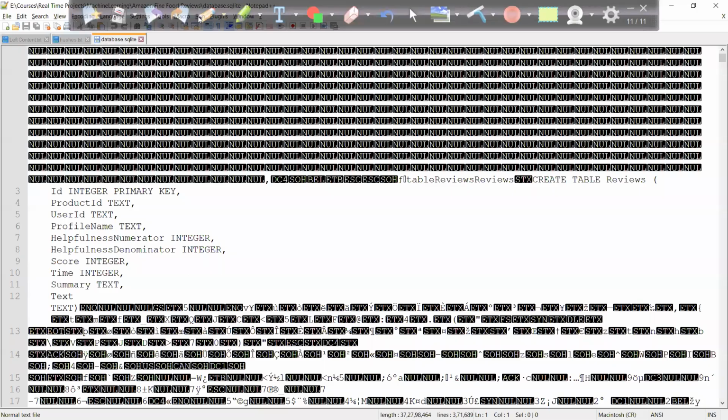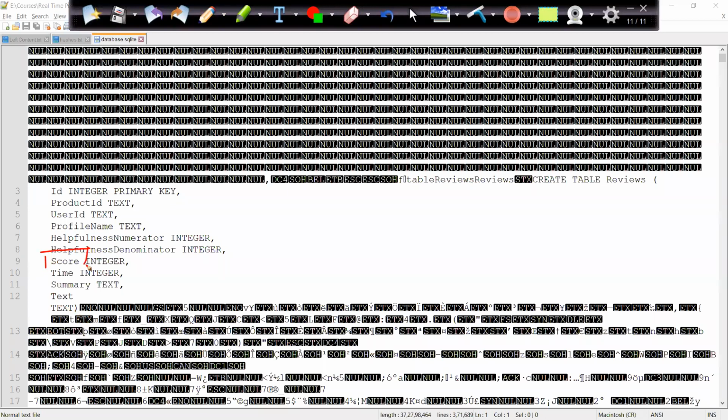Now if I go to the next, we have the score column, which is obviously nothing but the stars, right? So I have 1 star, 2 star, 3 star, 4 star, 5 star. So every product has its own star. So this score is giving me that what is the star rating for that particular product by a given user, because the data is stored at the user level, right?